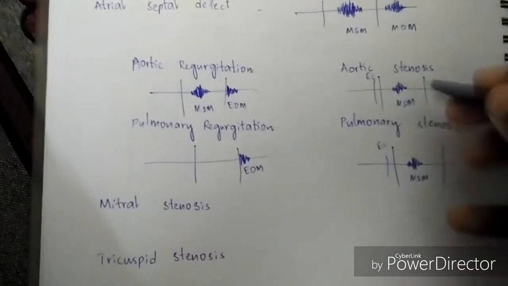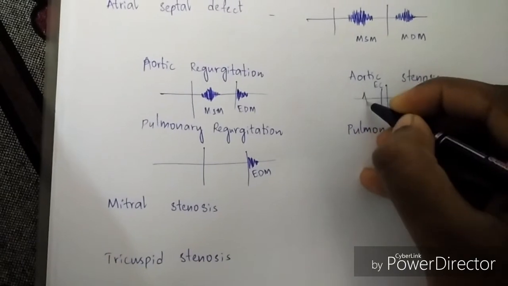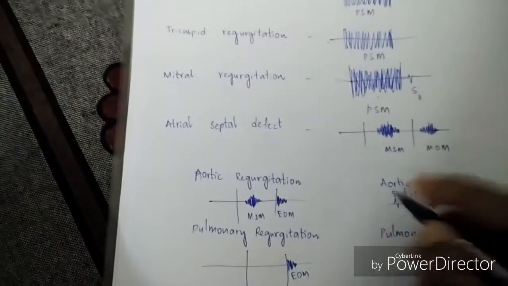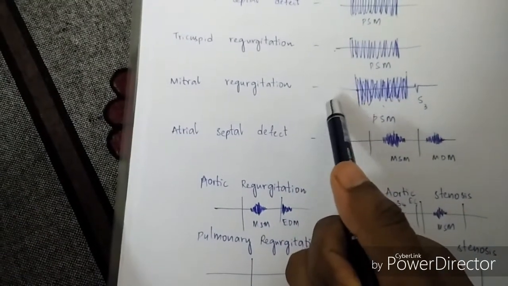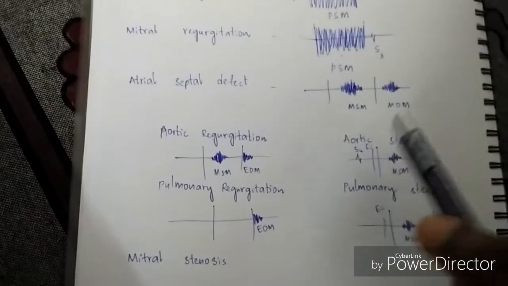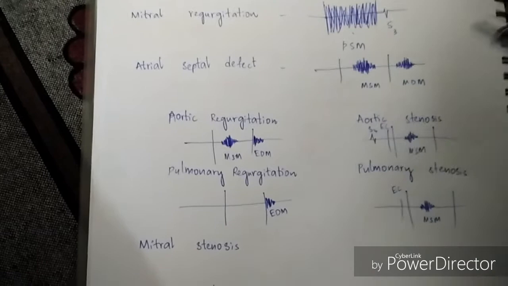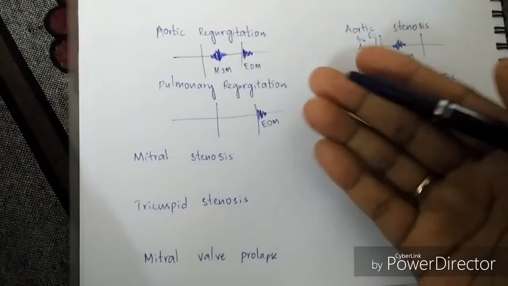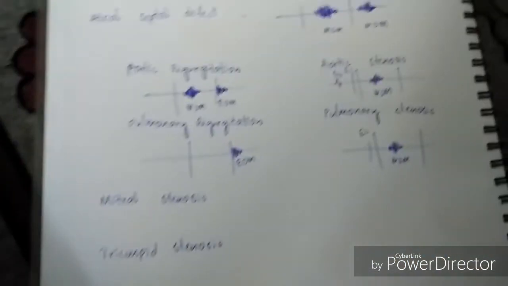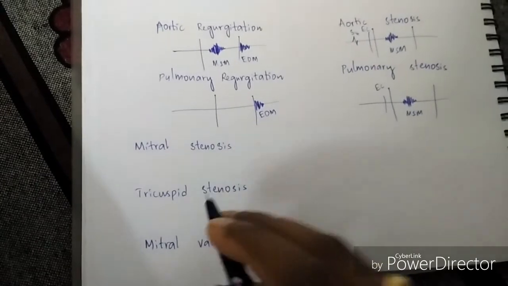Now, these two look similar and aortic has to have something special. It has S4. Remember where we had S3? In mitral regurgitation, it has to be something more special than tricuspid regurgitation. So it has S3. Now, aortic stenosis, to have something more than pulmonary stenosis, it has S4. Pulmonary regurgitation, it does not have mid-systolic murmur, so it's already something less than aortic regurgitation, so that rule is satisfied. Now let's come to mitral and tricuspid stenosis.